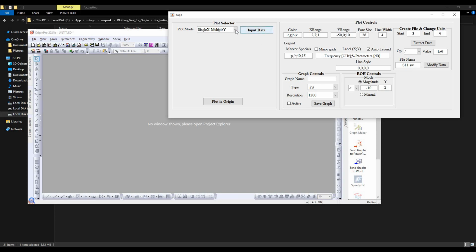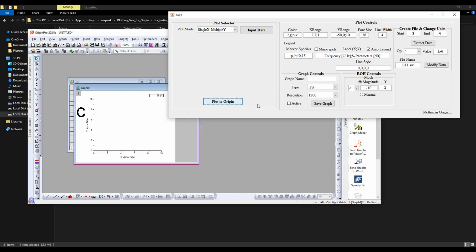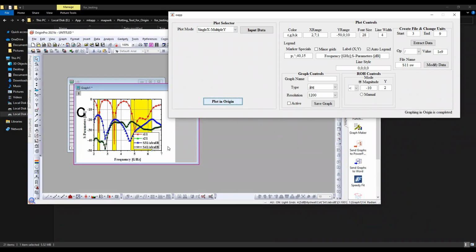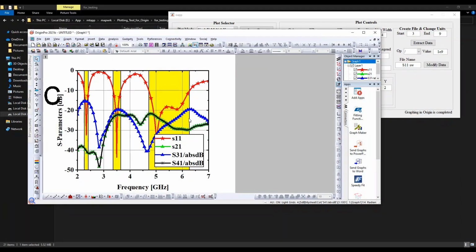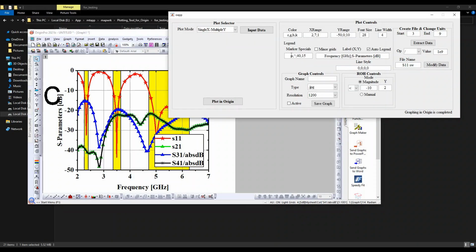We'll be inputting the plot data. Yeah, here you can see the S parameters data. This is a tri-band antenna, so you can see the three frequency regions of operation. And these are the default marker shapes that are utilized by the application itself.